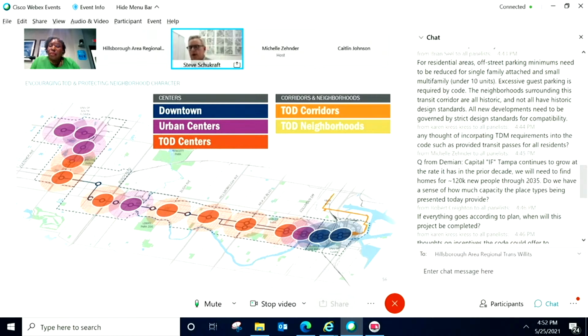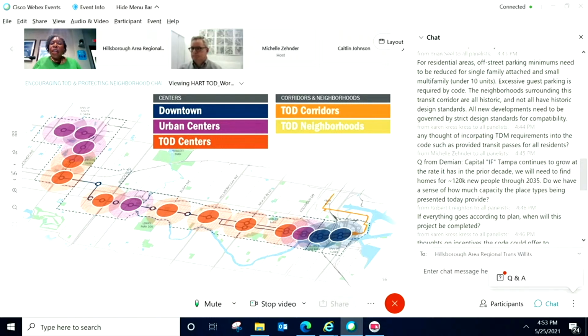Our general thinking right now is that a lot of what we're trying to accomplish could be handled with an overlay. So leave the existing base zoning alone and do adjustments with an overlay, which could possibly accelerate the time frame for that. The city's looking at resources to advance the code writing process itself as we conclude and make our recommendations. But we're not 100% set on that direction yet. So right now we're testing to see where these changes would be appropriate, comparing what's in the comprehensive plan future land use categories to the zoning categories against this framework to see what kind of adjustments we need to make and where to focus.